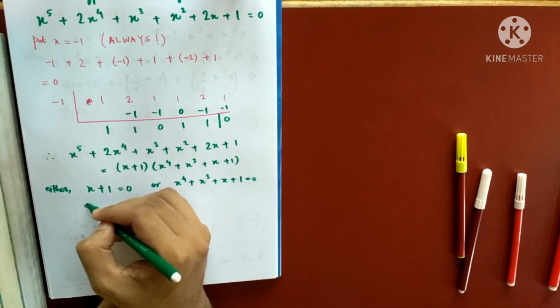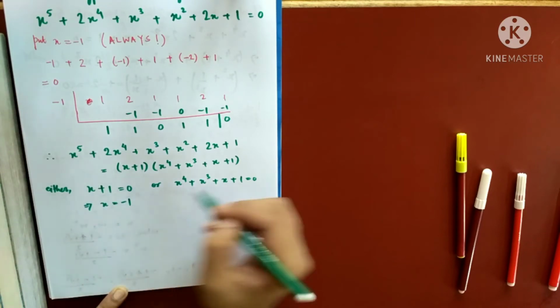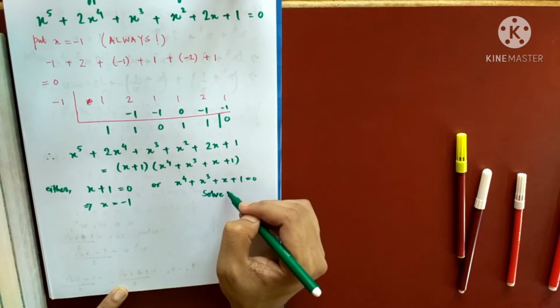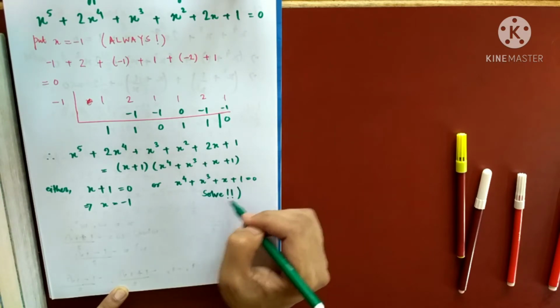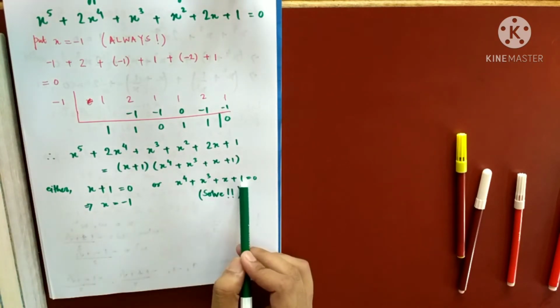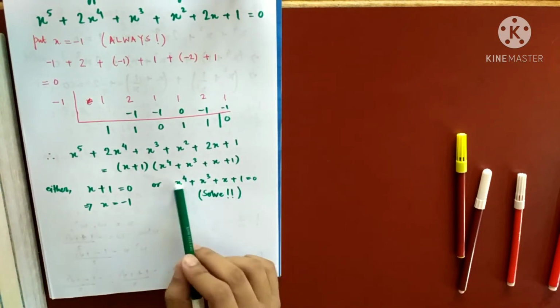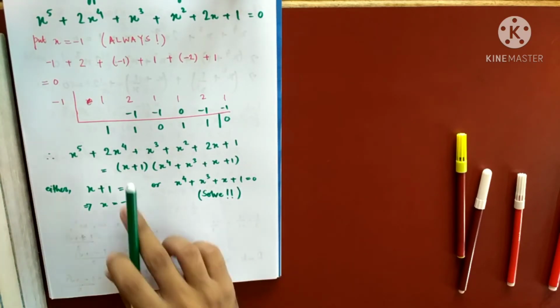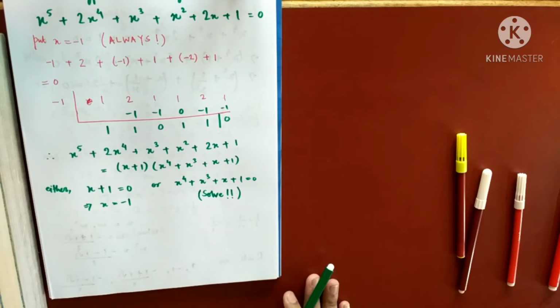So one solution is always minus 1, and you can solve this because this is in the standard form and of first type. It is a reciprocal equation of first type and even degree. So you already know a way how to solve it. You will get the 4 solutions from here, but minus 1 will always be a solution to this. Am I clear or not clear?